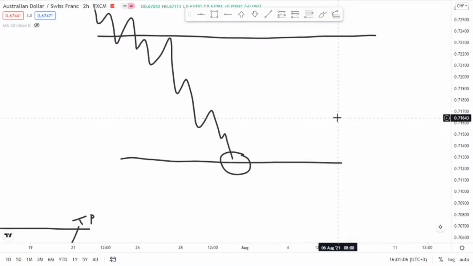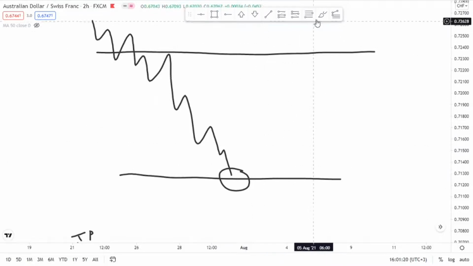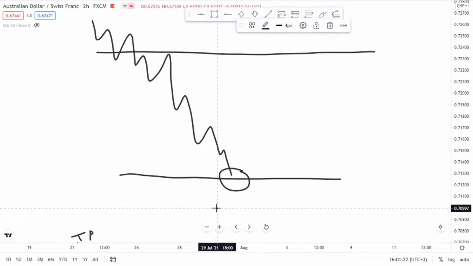Just as I have said, there are so many ways of scaling in. However, my most preferred method of scaling in is through price action. So what do I mean by that? What I mean is that once you enter your trade right here, and then maybe put your stop loss right there,